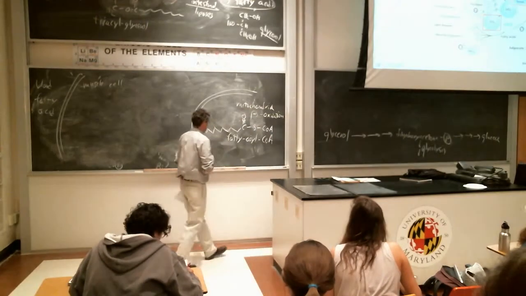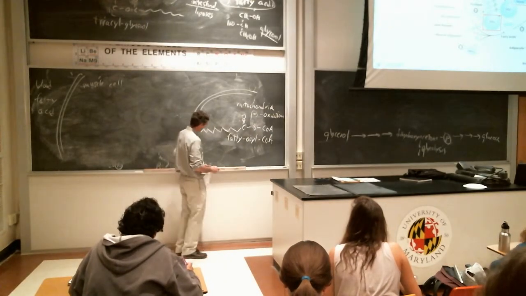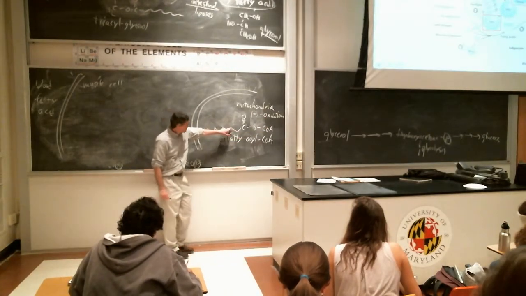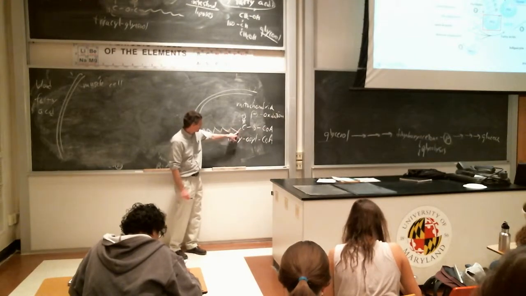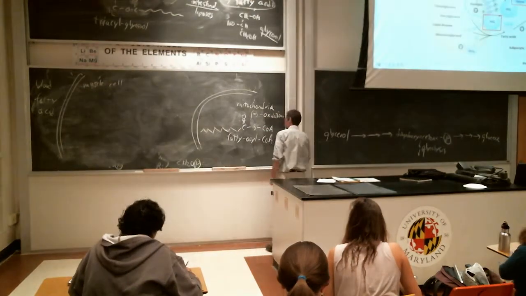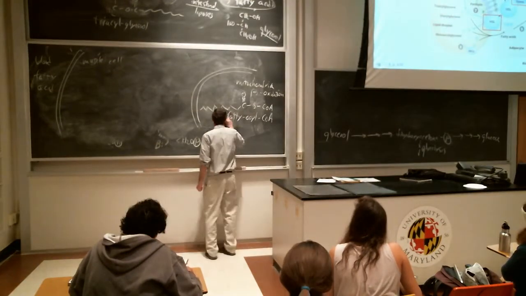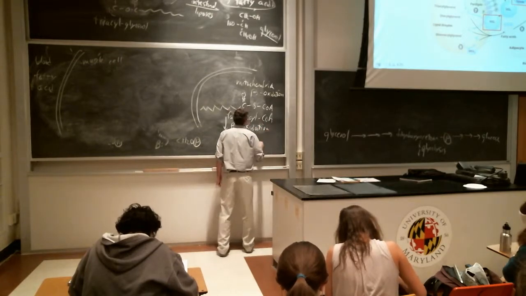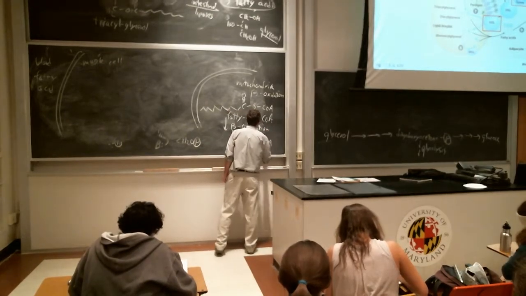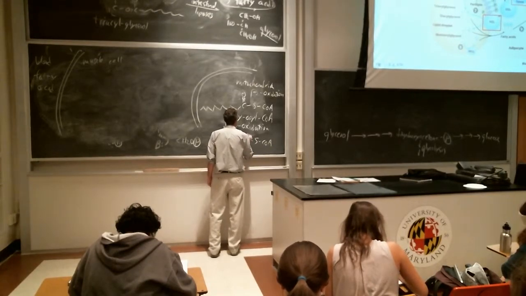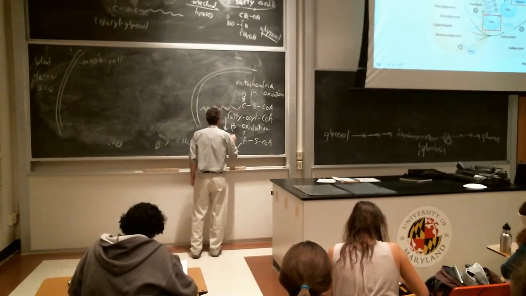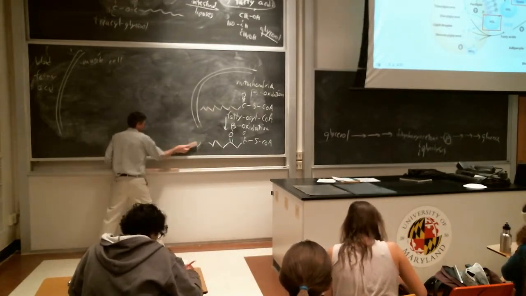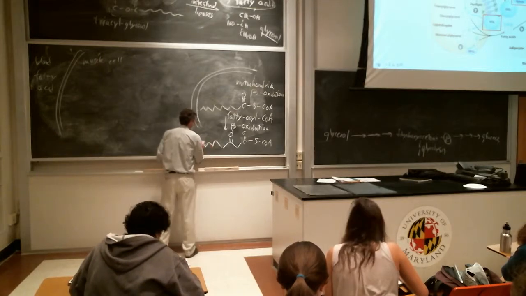And the beta oxidation process is called beta because it involves oxidation of a beta carbon. Right? So using this as our reference, this is alpha, that's beta. So the beta oxidation pathway is going to involve oxidation of the beta carbon to a carbonyl. And that's going to allow